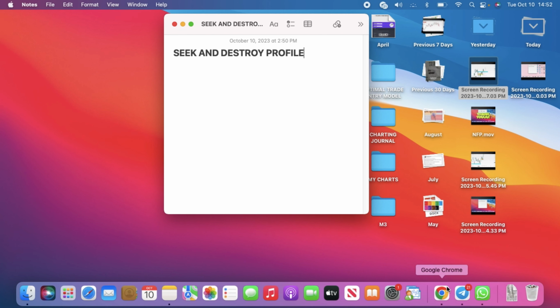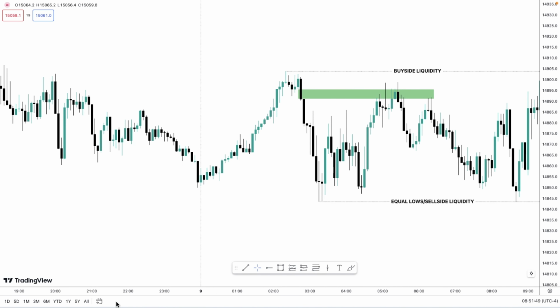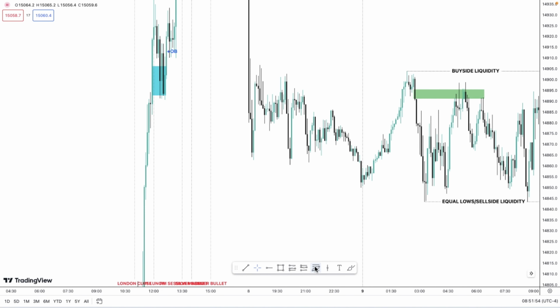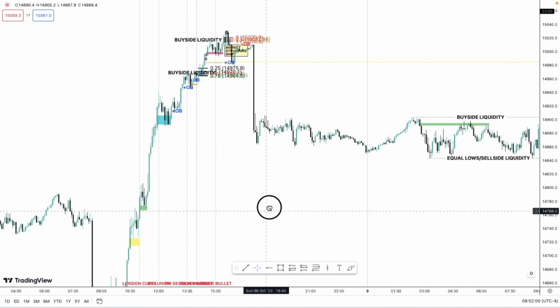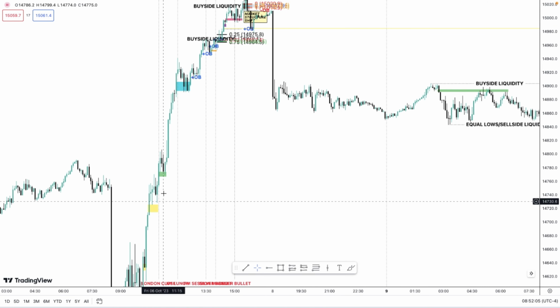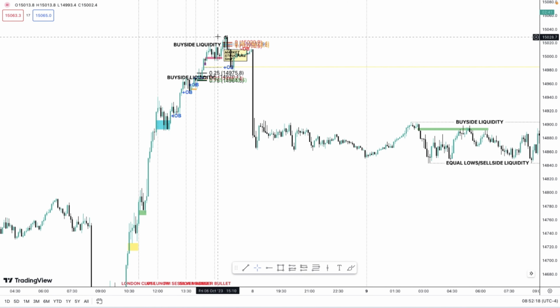So on this day, Nasdaq, we had a bullish seek and destroy day. How is it bullish? Well, the thinking comes from, remember Monday? Monday was bullish, NFP. I made a video on how to trade NFP. So you see that rally higher. I spoke about this buy side liquidity above the initial move of NFP. Buy side liquidity there. So all this rally higher,